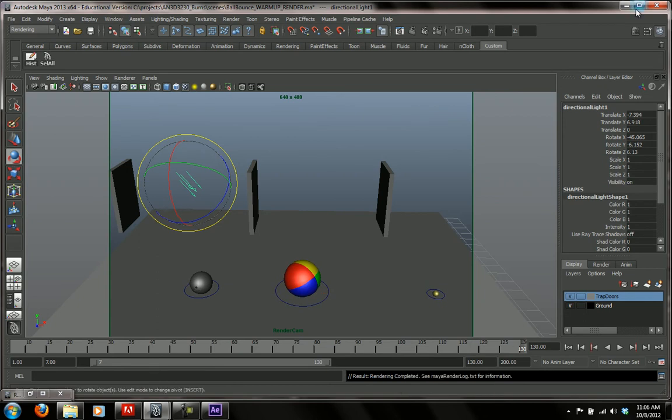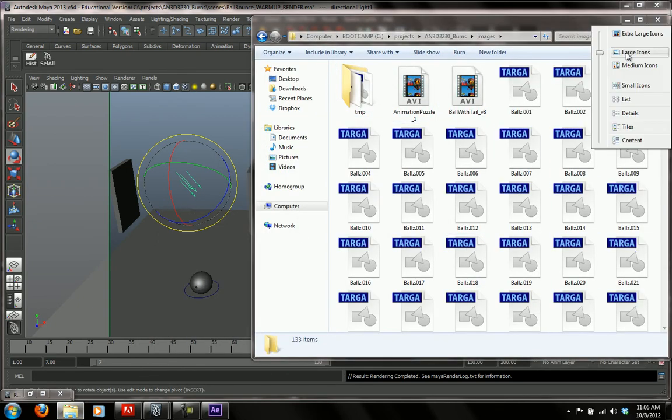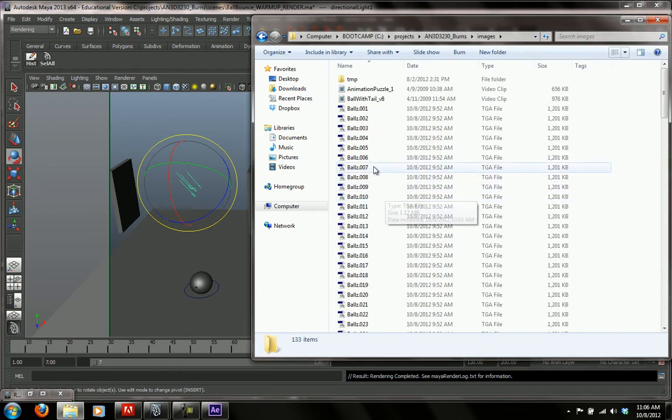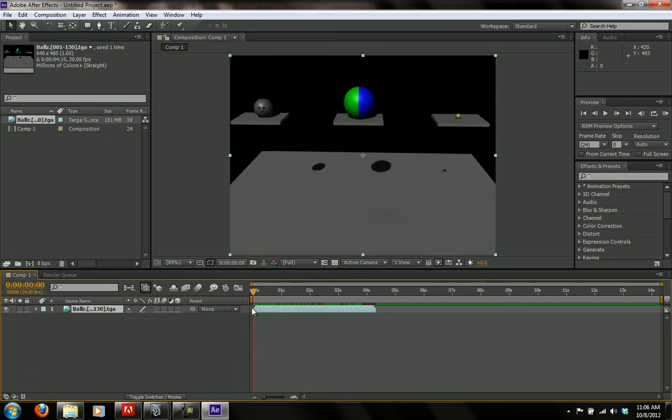And there we go. It rendered frame 7. Now, if we were to look at the details here, frame 7 is now fixed. Notice before it had a smaller frame, it had a smaller size. So we know, because they're all basically the same file size, that there's a consistent frame quality there. So now let's go back into After Effects, and now this should be fixed because it's not